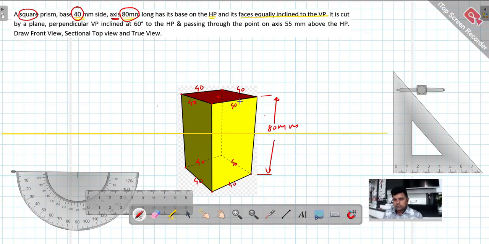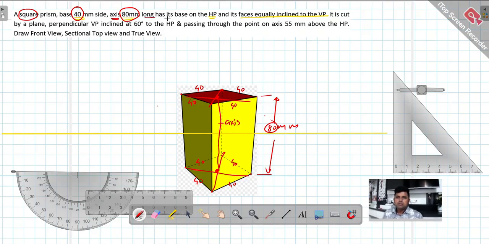If I take this as the center point of the top and this as the center point of the bottom, so center points are nothing but what? If you connect the diagonals, you will get the center point. If you connect these diagonals, you will get the center point. Okay, join it. So this is nothing but your axis, given as 80. Okay, so they are saying